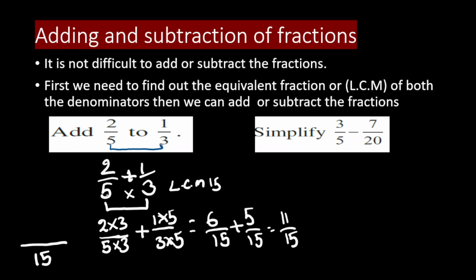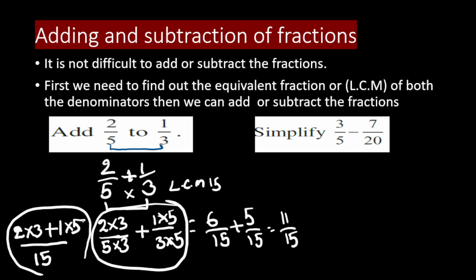Here 5 will go in 15 3 times, so we can directly multiply the numerator with 3, and here also 3 will go in 15 5 times, so we can directly multiply 5 with the numerator. This is one way, and we can do it this way also. And let's see the